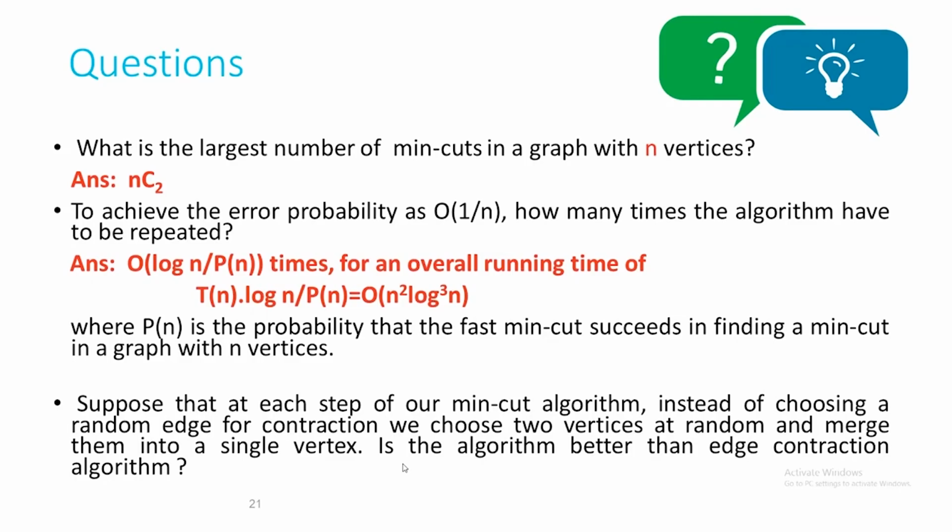You think it over. When you choose two vertices randomly, there may be an edge between them or there may not be an edge. So, if you feel that this algorithm is not going to be better than the edge contraction algorithm, it is enough to provide one counter example, one graph in which, when you use this algorithm, the probability of success is very small. I am giving all hints, you please go and try to